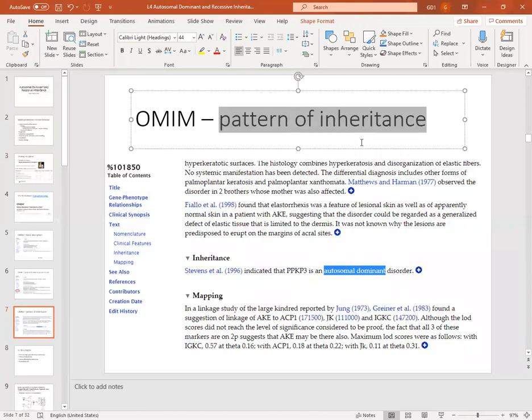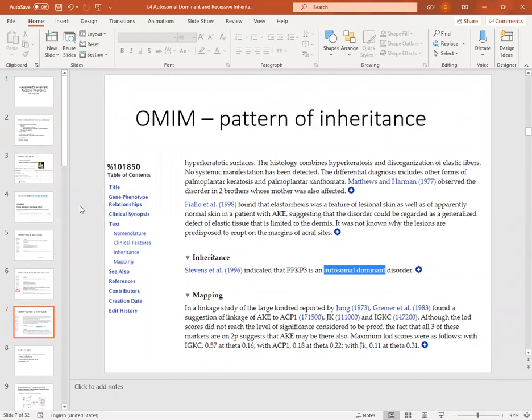Pattern of inheritance is very important, and I showed you that for that kind of disease, that kind of phenotype, you can tell whether it is recessive or dominant, and from that you can predict for the next generation more correctly,